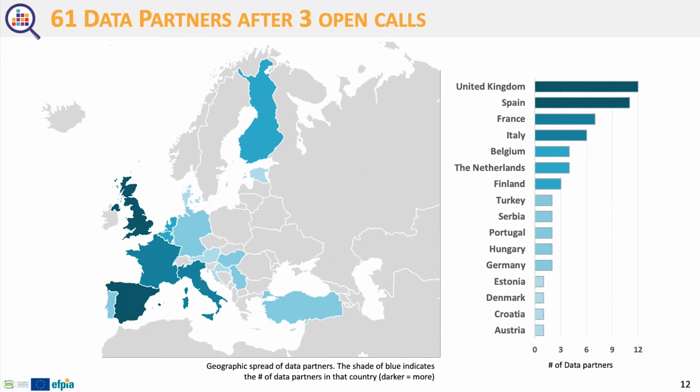So far, there have been 3 calls and there are 61 data partners. And you can see so far the countries that we've got participating. And if you're watching this now and you live in one of the grey countries and you have data from one of those countries that are not yet a data partner, we'd really, really like to bring you in, especially